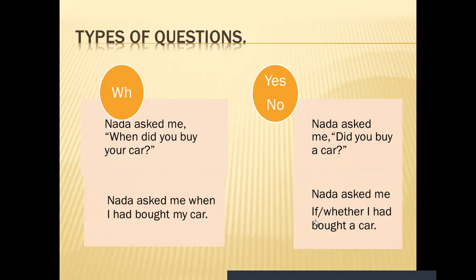Okay, so if or whether: if you write if, it is right, and if you write whether, it is right. The verb here is not buy only. Circle did and circle buy, and did and buy equal had bought. So it will be past, and past will change into past perfect. So it will be had bought. Okay. Clear? We are going to practice more, okay? But just remember the rule, okay?